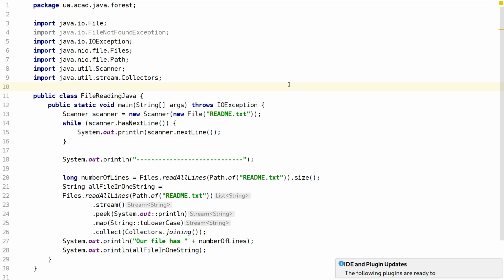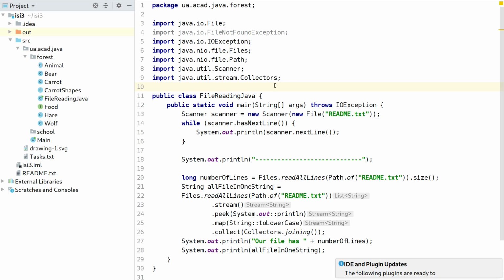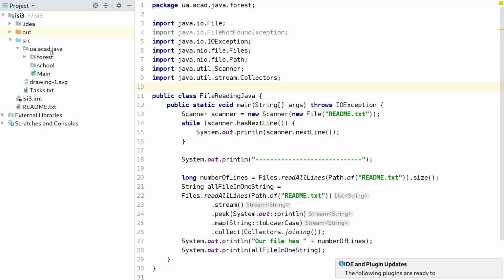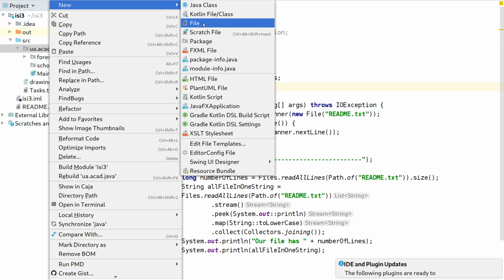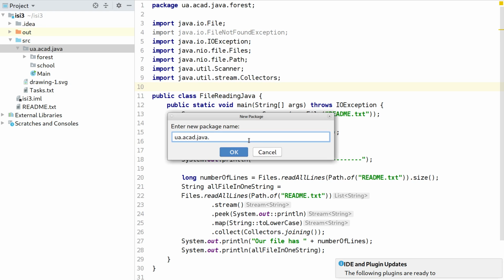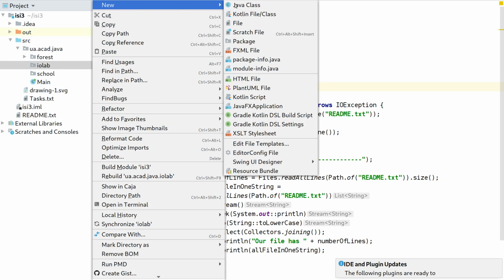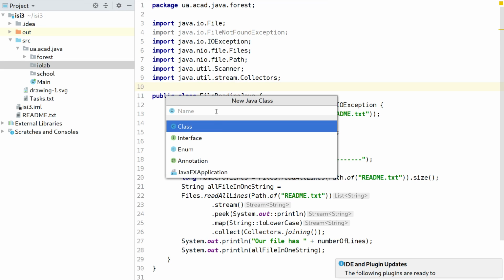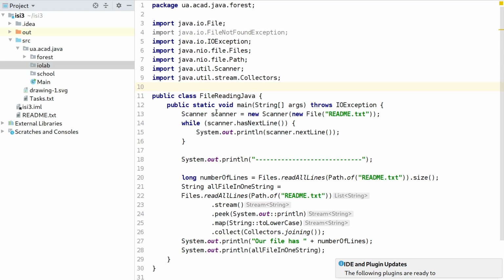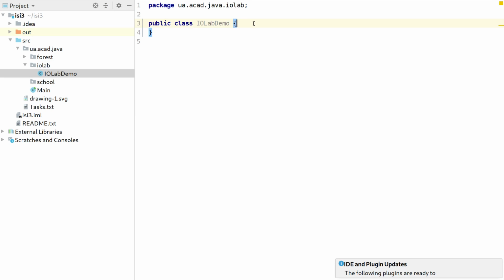Okay, both of you have to prepare some laboratory works. One of them will be working with the files, and it is what we will work on today. So the name of this laboratory will be IO lab. And in this IO lab, I will create for you an IO lab demo. And what we'll do here,